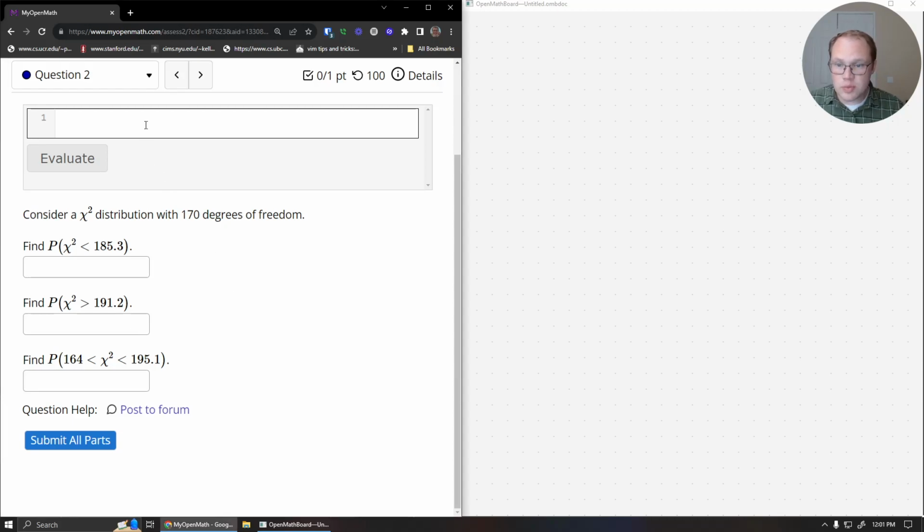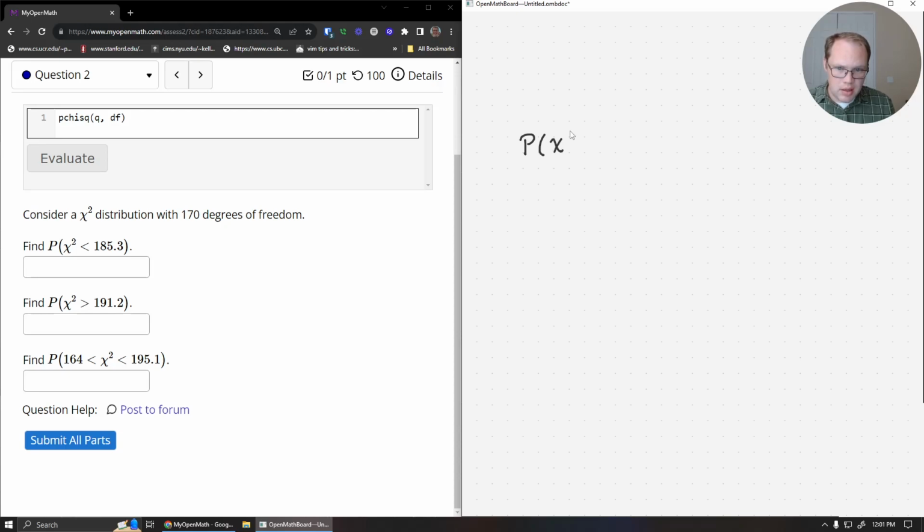So for all of these, we need to use our calculator, and we're going to use the p chi-square function. We're going to specify the quantile value, and we're going to specify the degrees of freedom. But depending on whether we're calculating the probability that chi-square is less than a value, greater than a value, or in between two values, that will determine how exactly we go about calculating this. So for this first part, we want the probability